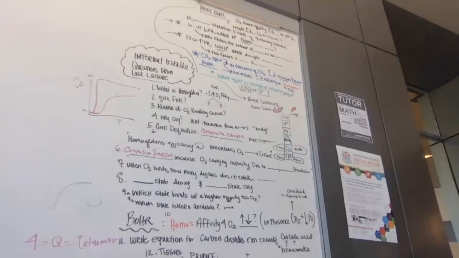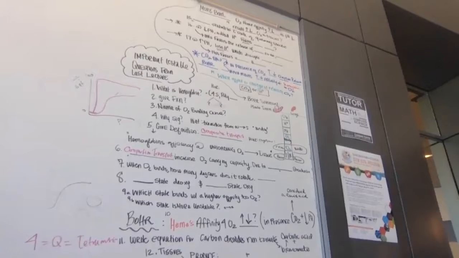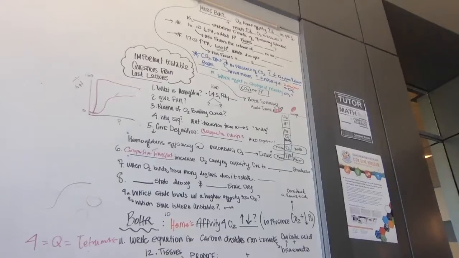So remember how she kept saying conformational change. That's what I was thinking. Yeah. Okay. Every single time that one binds, right? Like say you're going to a party and there's absolutely no one there. Then one person shows up, right? Then you're more likely to go to that party because there's one person there that you know. Then 2 people go there. Then 4 people go there. Then 10 people go there. Now it's a party. Basically, cooperative transport is like a party, whereas when you have one oxygen that's bound, the more that gets bound, the more it rotates and the better it can transport